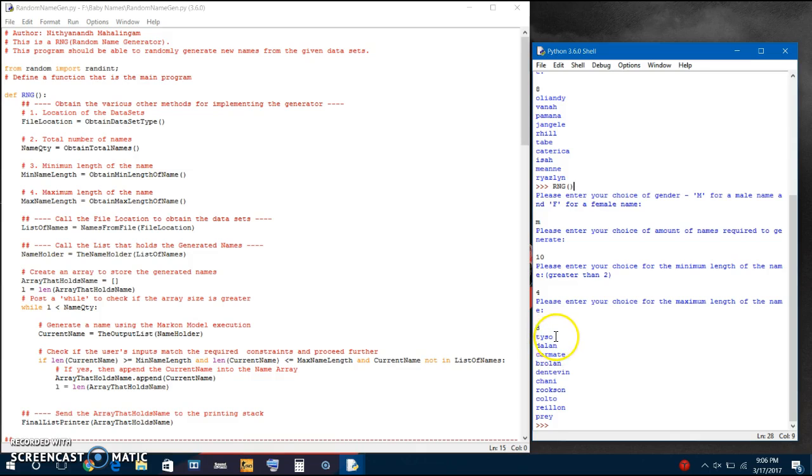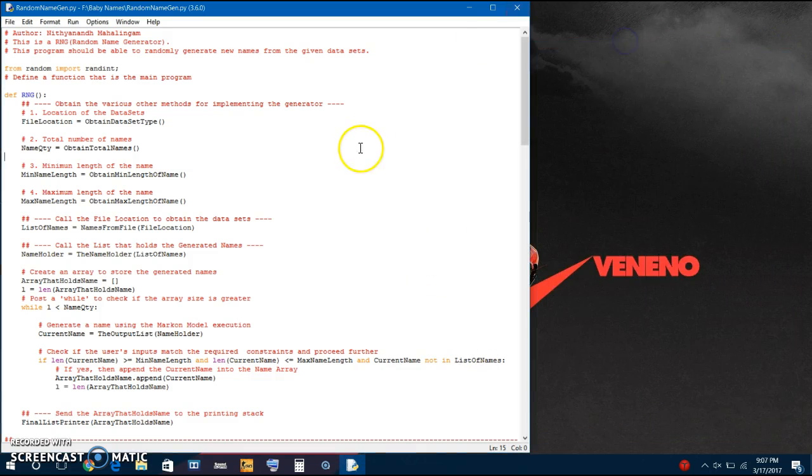As you can see, the male names end with O or IN. This kind of name is very random, like one in ten, an oddity. So this sounds like a female name, but it is actually a male name. Okay, so to move on to the code, basically I create a couple of methods that